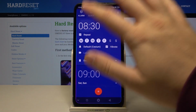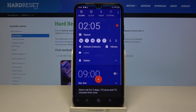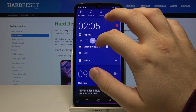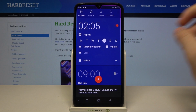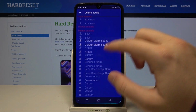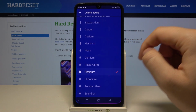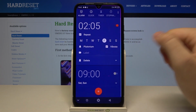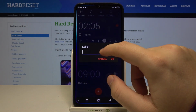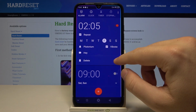First we can change the hours and the minutes by moving this sticker. Next we can set a repeat, maybe let's go for Friday. We can adjust vibration, change the ringtone, and also we can add a label. Click OK, and as you can see,